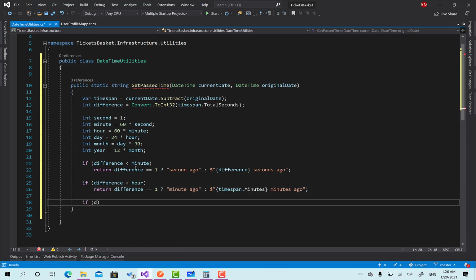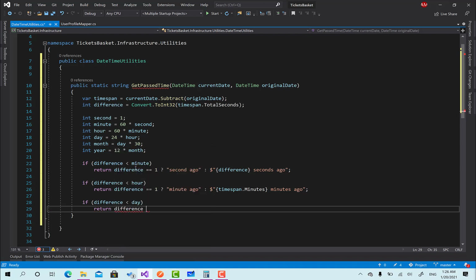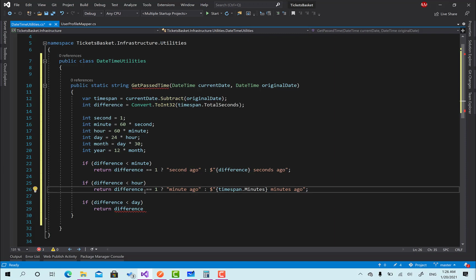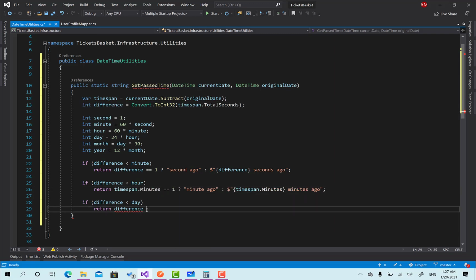Great. Now if the difference is less than a day, so this means if the difference, sorry, this one we should, or we can say directly instead of dividing, we can say time span dot minutes, and here we'll say time span dot hours equals 1, then "hour ago". Other than that, return time span dot hours, we'll type "hours ago",